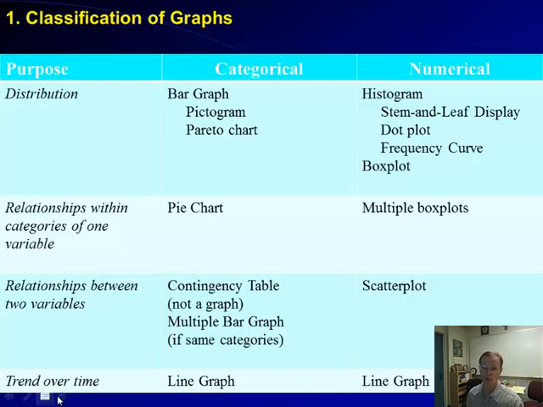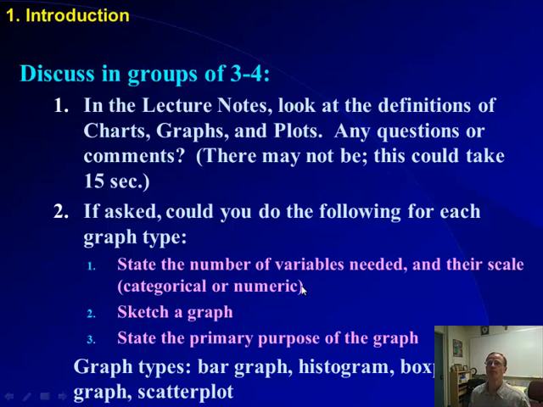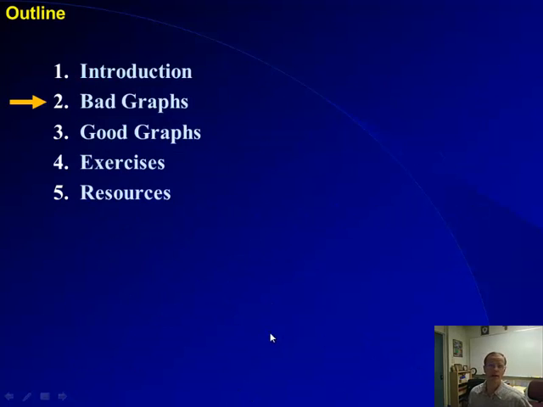Now, the fourth purpose, which is not typically emphasized in introductory courses, but I want to put on the table, is if you're looking at a trend over time. Time is not considered an extra variable per se, though you do graph it on the x-axis, and you'll show a line graph. When you measure time, it's a fixed thing, so you're just taking it as it comes over time. That's why it's not an ordinary explanatory variable in the usual sense of the term. Okay, one could go into a discussion, maybe do some extra stuff there, but I'd like to get into the